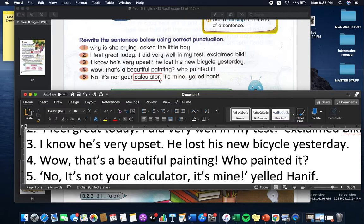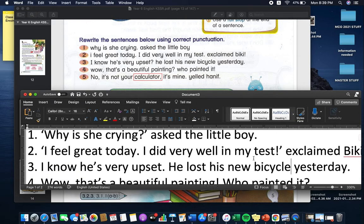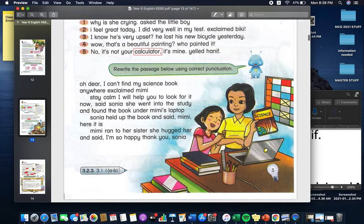No, it's not your calculator. It's mine. Yelled Hanif. Yelled 的话是指他喊叫。It's a very strong feeling. We speak in a very strong tone, okay? 他在喊。No, it's not your calculator. It's mine. Yelled Hanif. So this is the conversation, the sentence said by Hanif. Okay, so we must have the speech mark. 我们要有这个开引号，因为这个是 Hanif 在讲话。OK，看这个。Speech mark, no, capital letter. It's not your calculator. It's mine. Because of the word yelled here, we have to put exclamatory marks, okay? 因为这里有讲到他喊，Hanif 在喊，所以我们这里就要放一个感叹号。